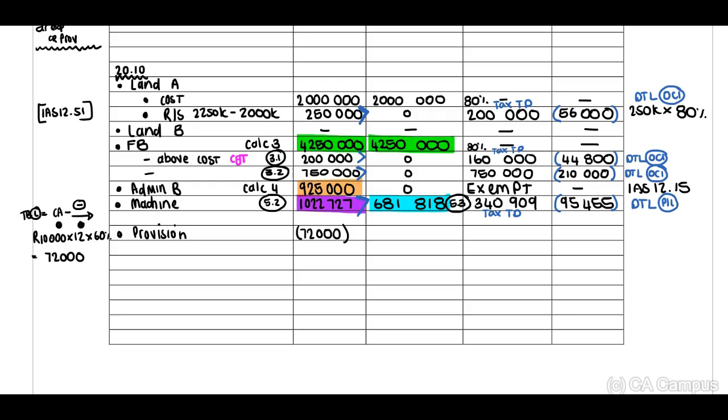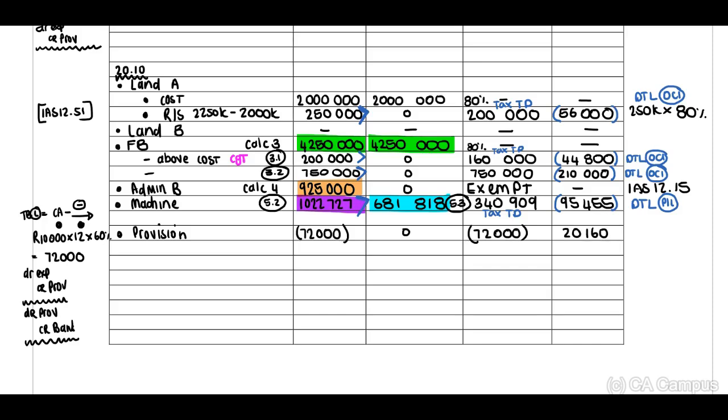Think about your journal entry. Currently, we debit the expense and we credit our provision. Then, when we actually pay this, we debit our provision and we credit our bank. Therefore, only once we pay this, we will be able to deduct the expense. And our tax base is 0. Our temporary difference is 72,000. And our deferred tax will be